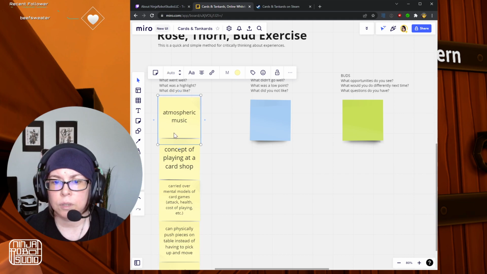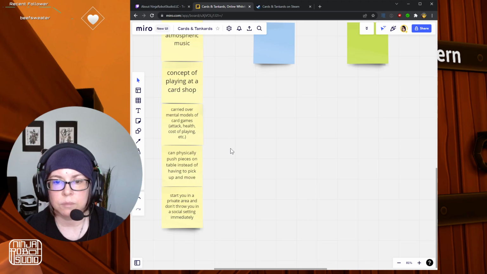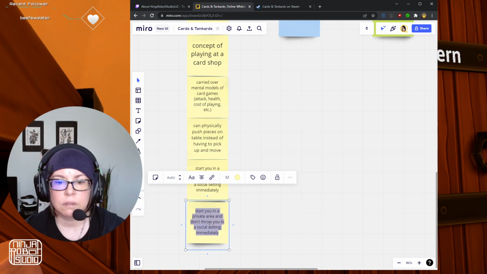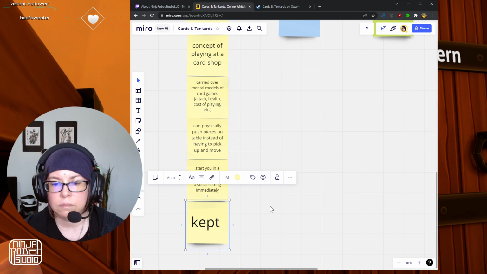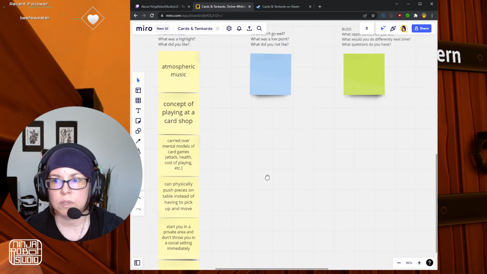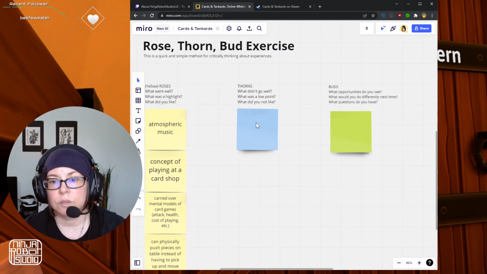I'm pretty sure there are more cool things. The designs of the cards, they kept that. They kept the card design mental model in place. It's your standard card design for these types of games. And so now,